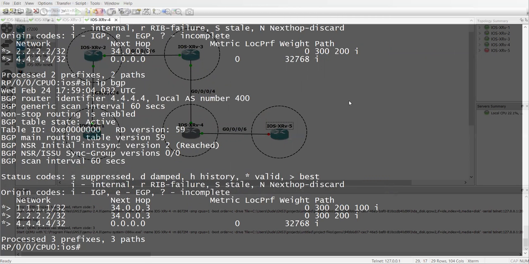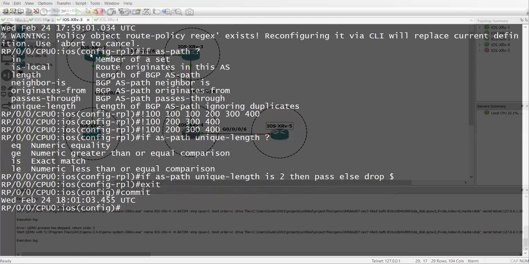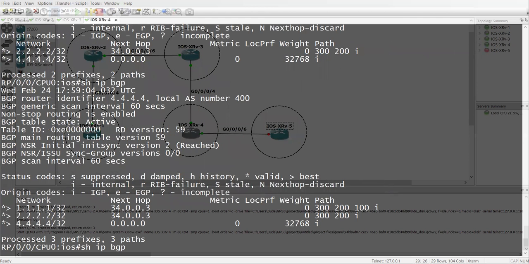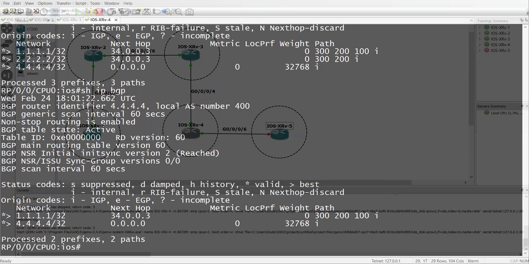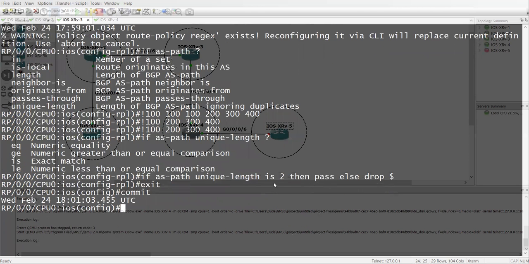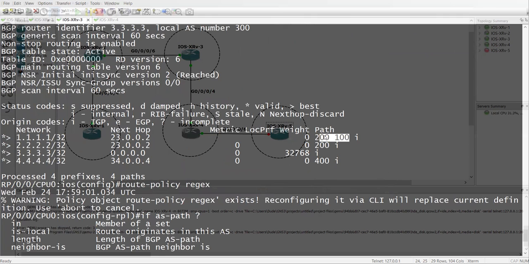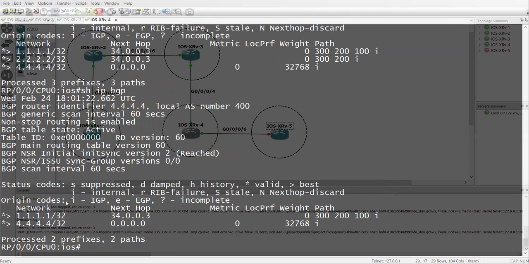Now what we should receive? Only the route 1.1.1.1, sorry, because we have to match two unique length. So only in this one we are getting two unique length, that is 1.1.1.1, and here we are getting 1.1.1.1